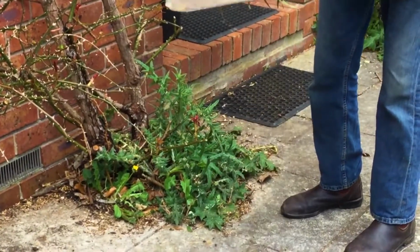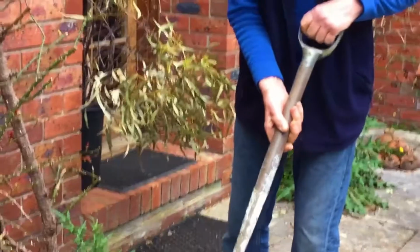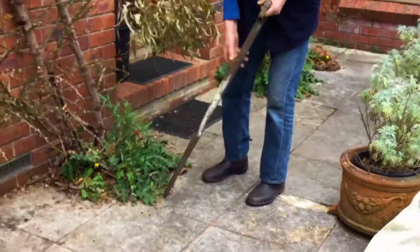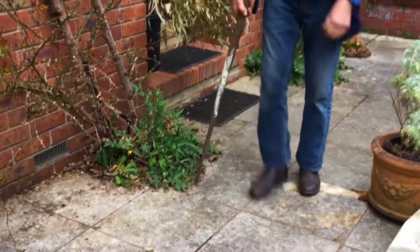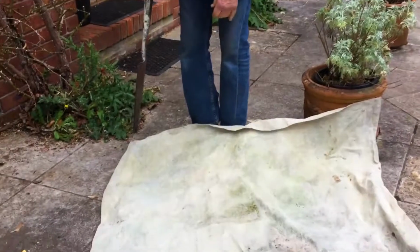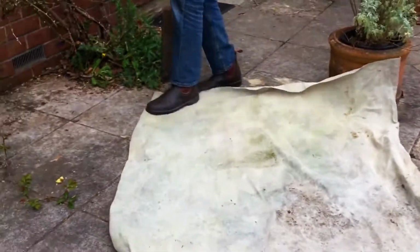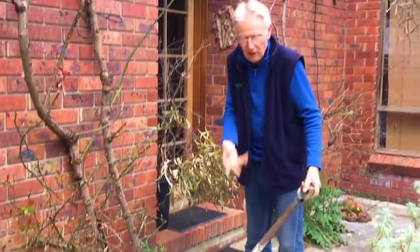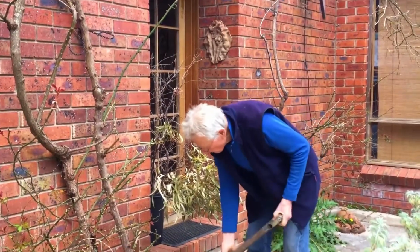worm farm. And here I've got this very special shovel which you can't buy anymore. It's called a grafting shovel. It's actually meant for transplanting plants. The other thing of interest too is when it comes to carrying things, this 70% shade cloth is probably the best material you can use for shade, for putting things onto, because